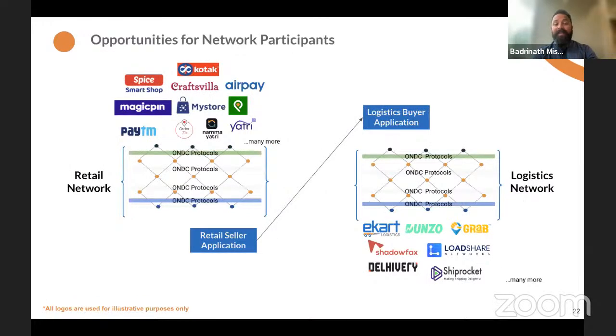Now, as I said, if you are a seller or a seller application, you can sell your products and services on the network. And to deliver your goods, you can become a logistics application buyer, where logistics applications will sell their service to you to fulfill the goods.